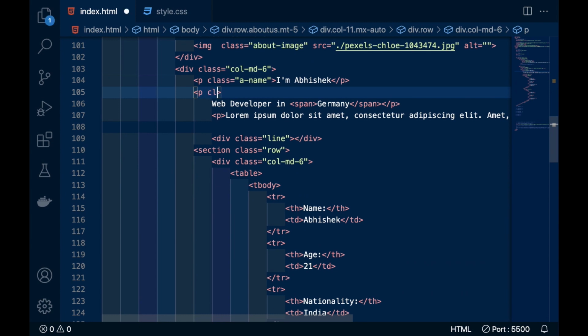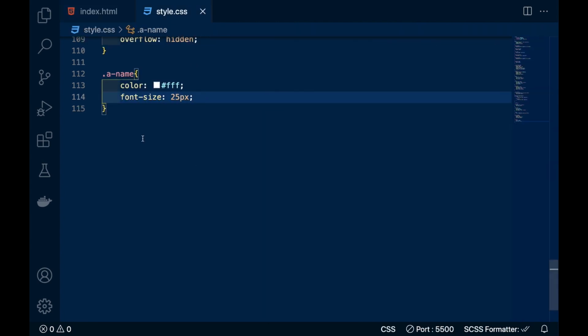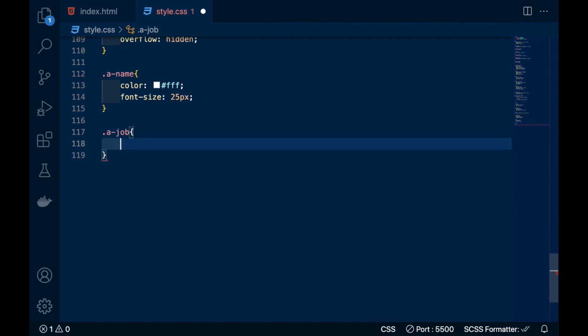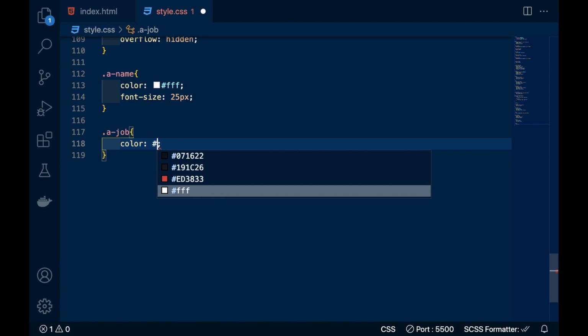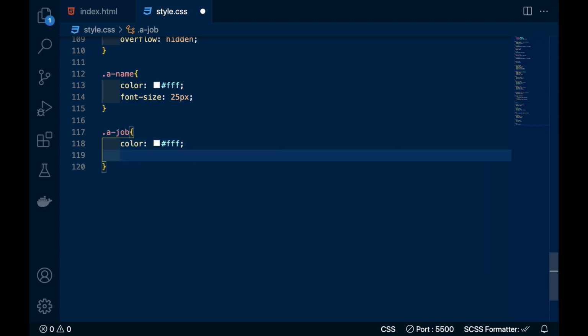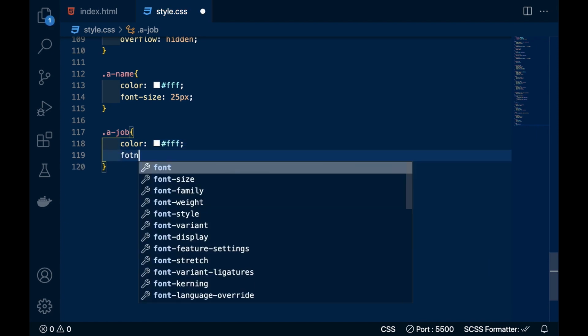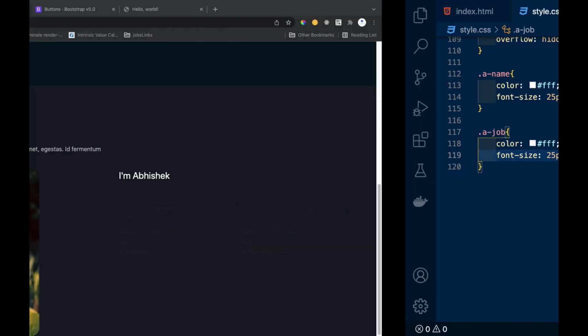So now we will write a class name to this, and I will write job, copy it and go to your CSS file and change its color to white, and font size 25 pixels.